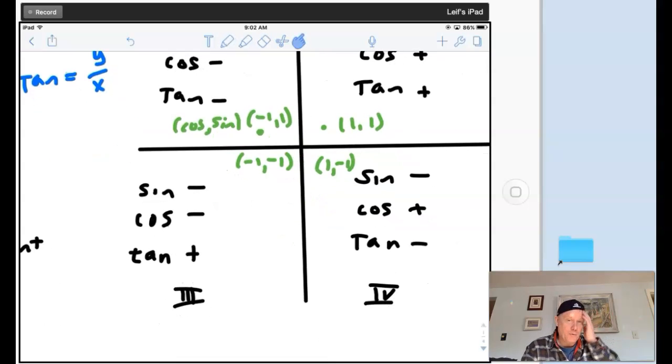The third quadrant, both the sine and cosine are both negative. So if you take the negative, divide by a negative, you get a positive tangent. Okay. In the fourth quadrant, sine is negative, cosine is positive, and tangent is negative. All right. So anyway,